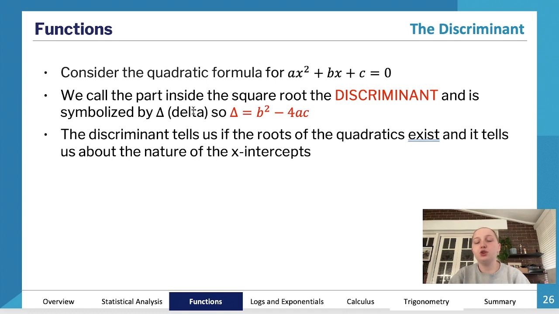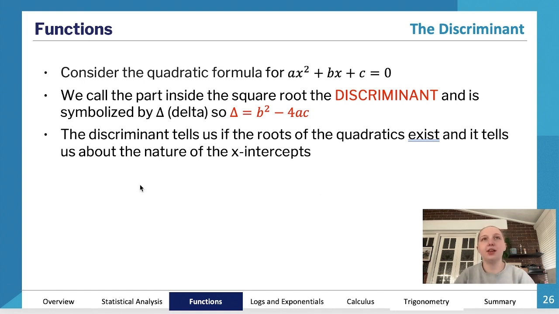Okay, and your discriminant is symbolized by this little triangle, which is the Greek symbol for delta, as part of the Greek alphabet. So essentially, your discriminant or delta is equal to b squared minus 4ac, which again is just what exists underneath the square root sign of your quadratic equation. So the discriminant will tell you if the roots of the quadratic equation exist, and it'll tell you about the